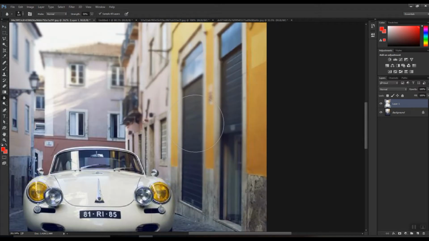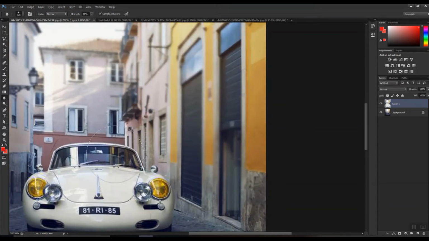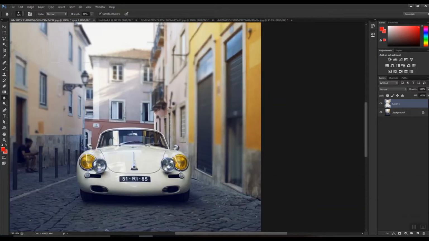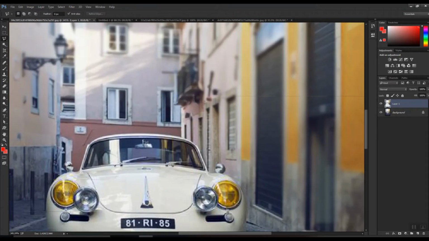Now as you come closer to this image, you can see if we move our brush randomly, it will blur the image of the car as well. So in such cases what you need to do is, with the help of either selection tool or the polygonal lasso tool, you can define the particular area to be blurred. As you can see, with the help of this polygonal lasso tool,